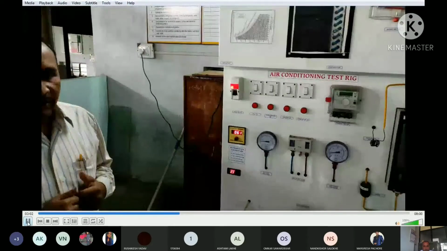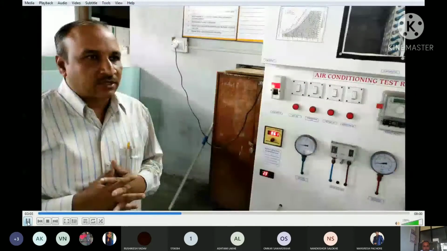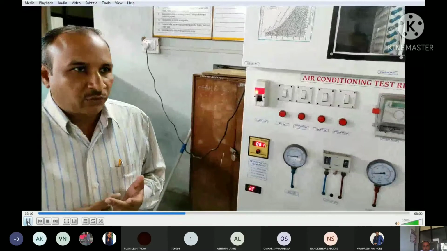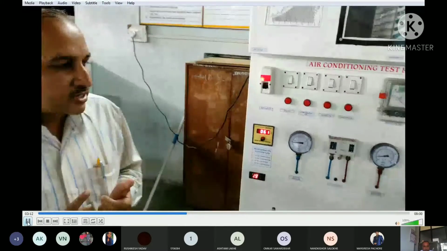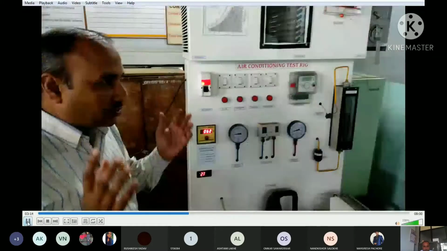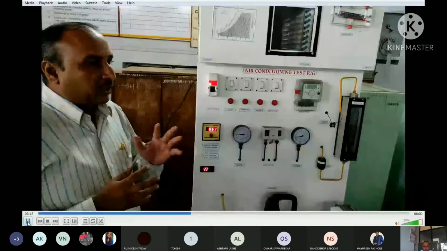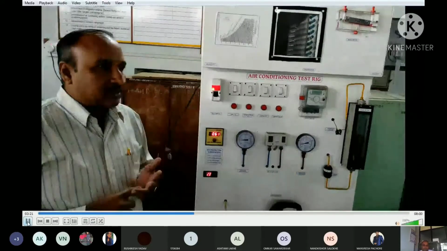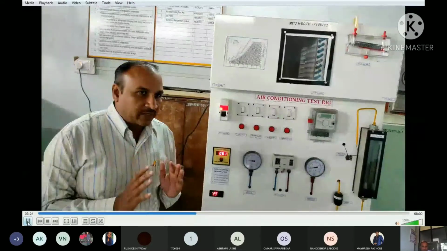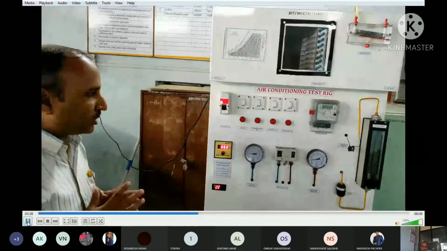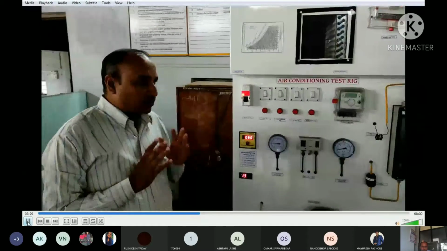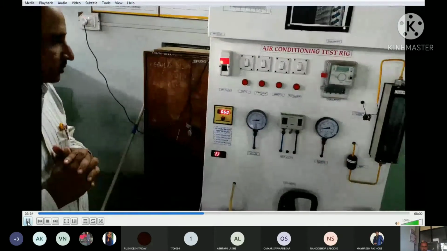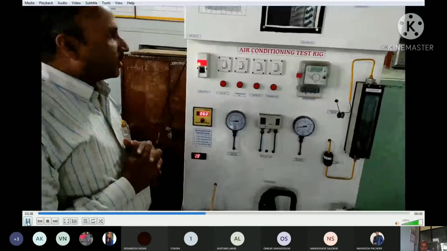So what is moist air? If you consider our environment, it consists of many common gases. It consists of fumes, dust particles. All of this is called atmospheric air. If you filter out dust particles and pollutants, it becomes only permanent gases and water vapor. This is called moist air. So the study of the properties of moist air is called psychrometry.